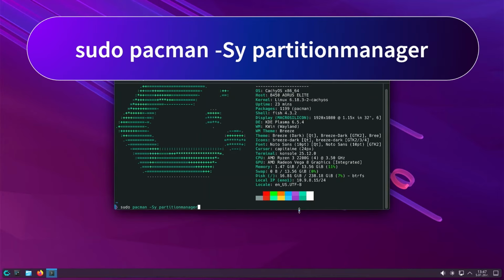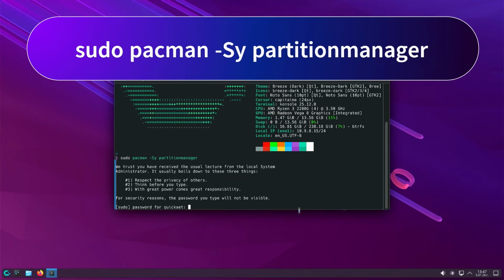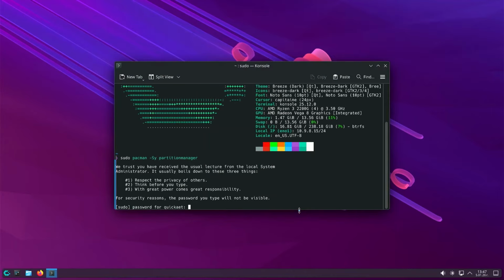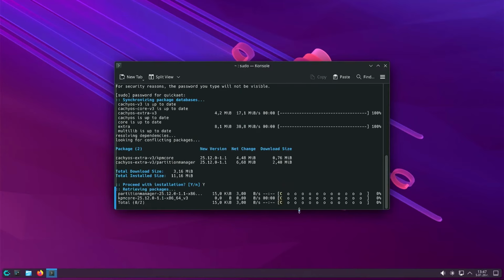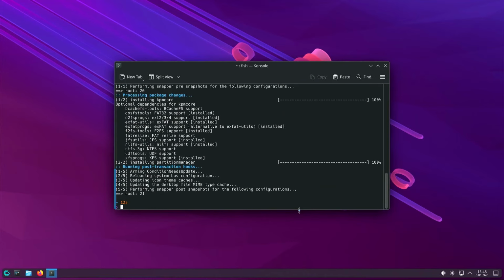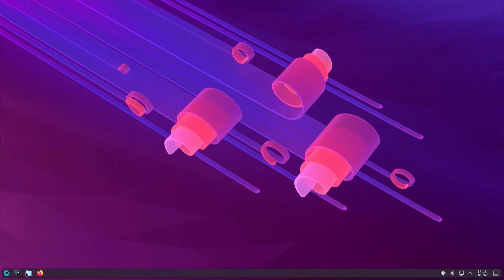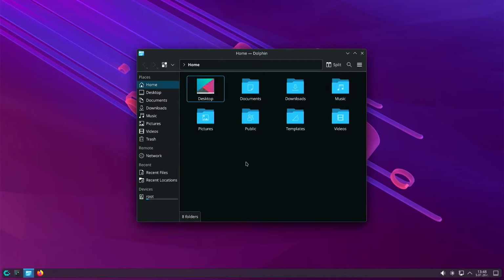Once you are ready, press enter and you will be prompted to enter your password. Type your password and press enter again. Now confirm with Y or simply press enter and the installation of the KDE Partition Manager will begin. The installation is complete and we will continue with the next step, which is to install the Grub File Manager